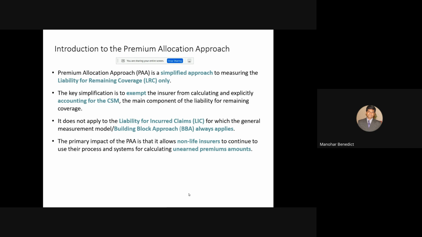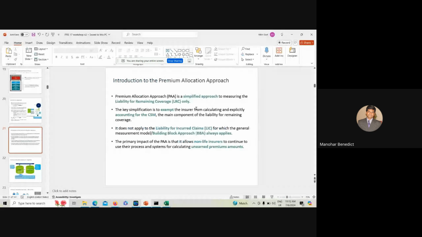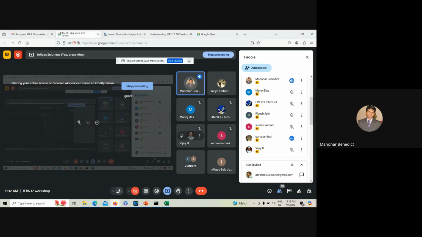All of those combinations come up because the standard is very straightforward. It gives you clear rules on how to measure these instruments, I mean these insurance contracts, and that's why you have the CSM and other things coming up, which clearly gives you the difference between IFRS 4 and 17.